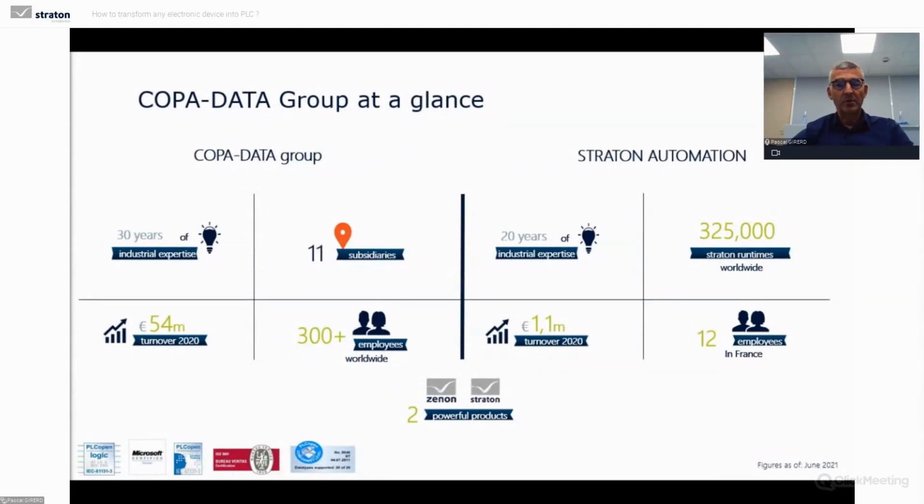We are Straton Automation in the Copa Data Group. We have the same goal since more than 20 years, developing automation software, SoftPLC Straton and Xenon SCADA HMI. What do these two software have in common, apart from the fact that we are in the same group using the same tools and rules? Well, we use the same stack and logic, Xenon Logic for Copa Data. It is very effective when you are using both solutions.